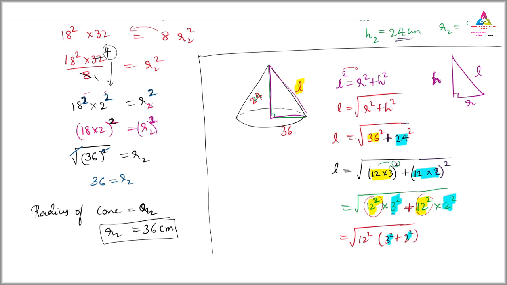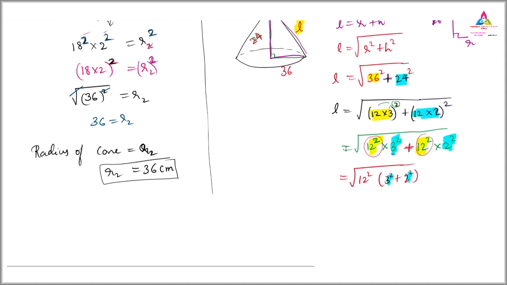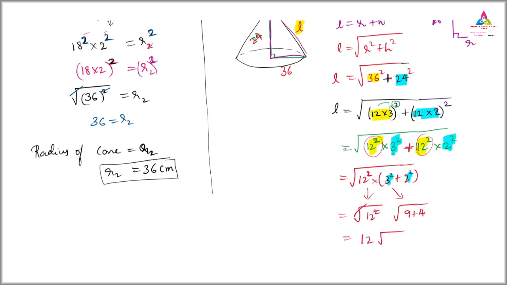Okay, clear. And next we have a simple calculation. Because we already have the square, I can write this as square root of 12 square separately, into square root of 3 square is how much? 9, plus 2 square is 4. I am writing separately, because we have a multiplication in between, so we can do this. Now square and square root will cancel, 12 will be outside and inside will be 9 plus 4 is 13. So this is our slant height, and further calculation is not possible, so 12 root 13 centimeter is nothing but the slant height. So this is your answer.